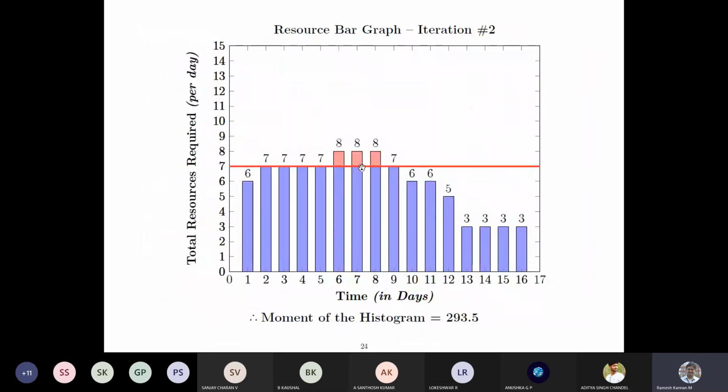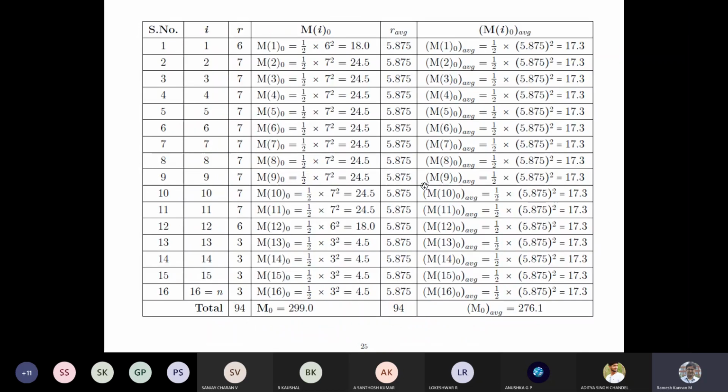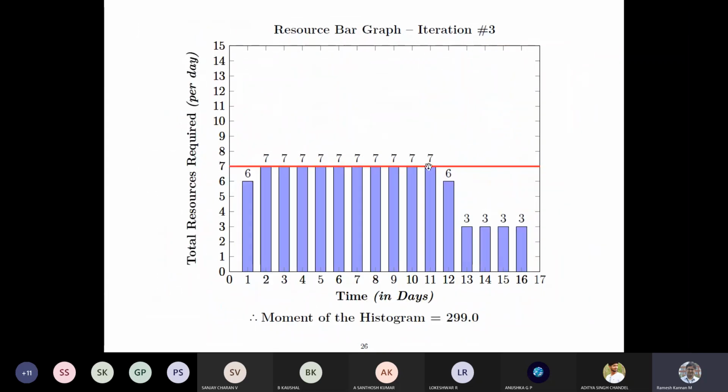And finally we'll move this particular over allocation, this is the third iteration. So it means that we have made sure that these profiles are smooth, and there are no days where we have got more than 7 activities, or 7 resources. And finally this looks like a clear profile.